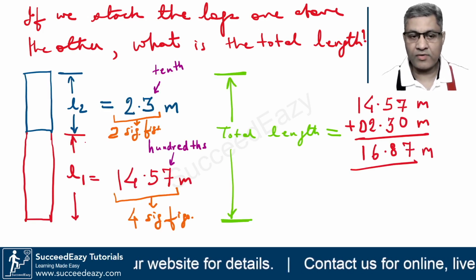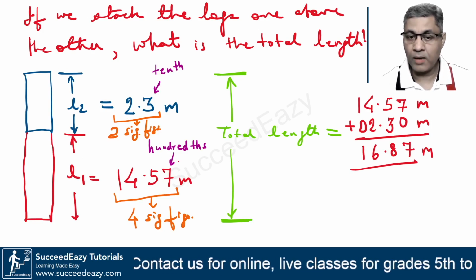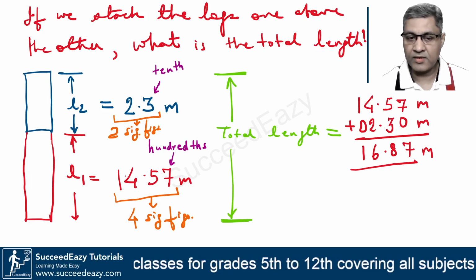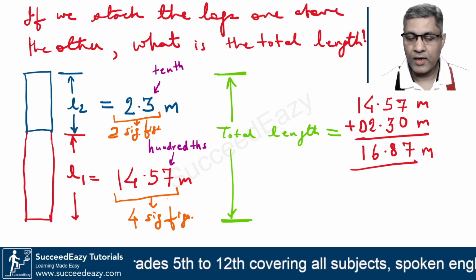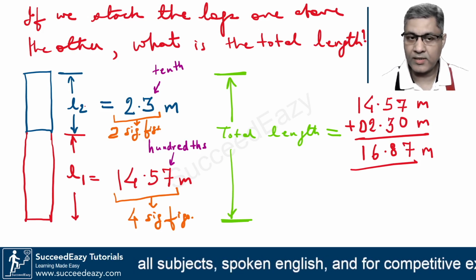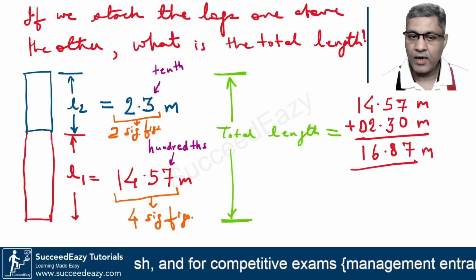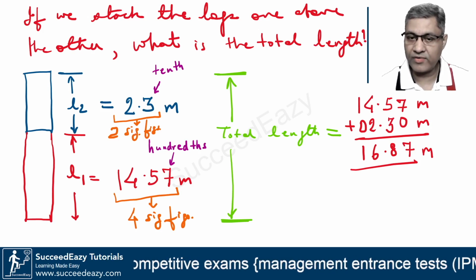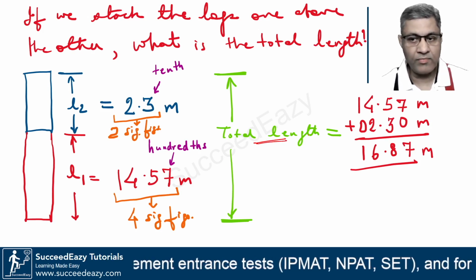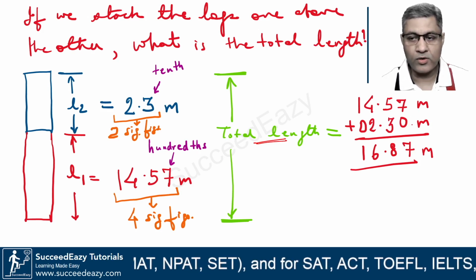So if this is the kind of construction, one log over the other, one is 14.57 meters measured up to the 100th digit. And how many significant figures does it have? Obviously 4. And we want to add it to the other log's length, L2, which is 2.3 meters, measured up to the 10th digit. Incidentally, 2.3 has 2 significant figures. So what is going to be the total length? If we add it arithmetically, obviously we get 14.57 plus 02.30,